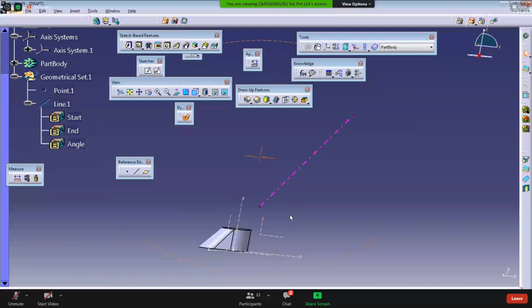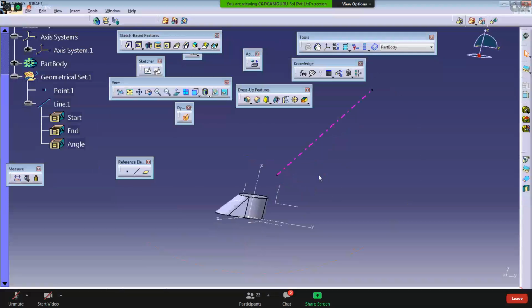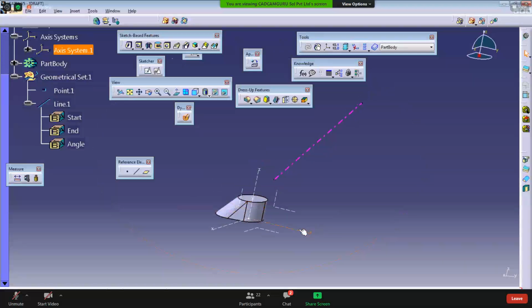So for whatever components we design, you have to check whether that part is able to be removed from this direction or not. That's why the line is created. Okay, if your direction is inclined, in that situation only you have to create the lines. Otherwise you don't need to create it, because the XYZ axes are there directly. You can directly choose them. Clear? So this is the use of the line.